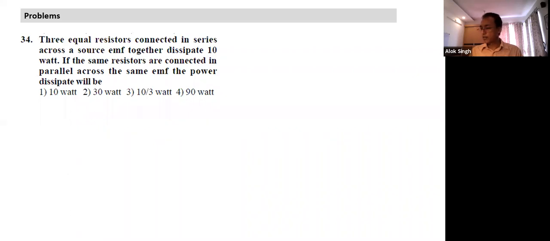These are all simple questions. Let's go through them one by one. So far, we are just using one simple formula with some application of mind: power is equal to IV, V square by R, I square R. Based on that, let's quickly solve. This should not take more than a minute.